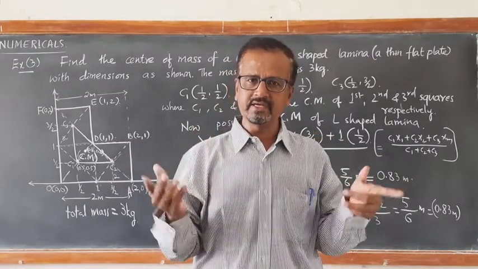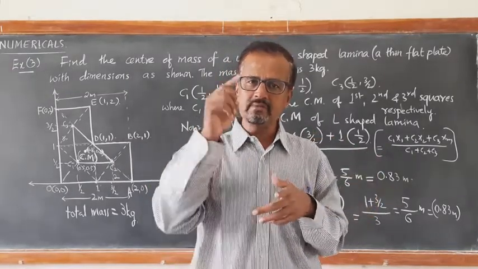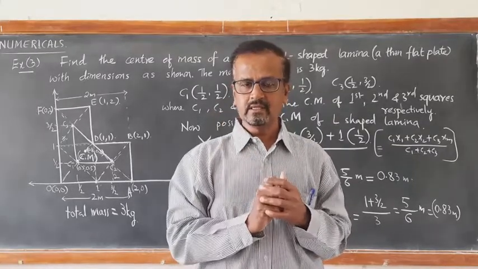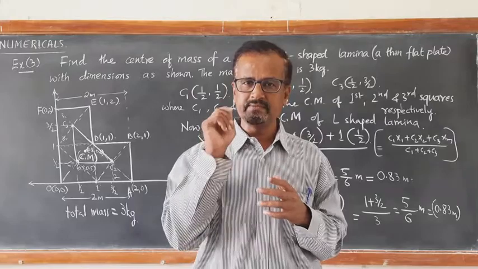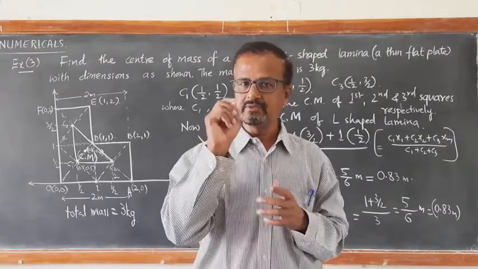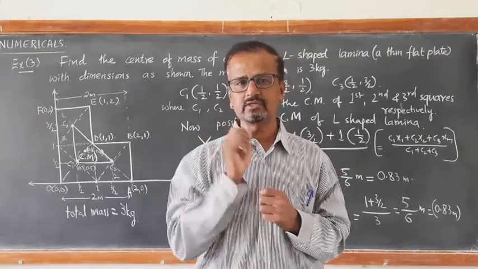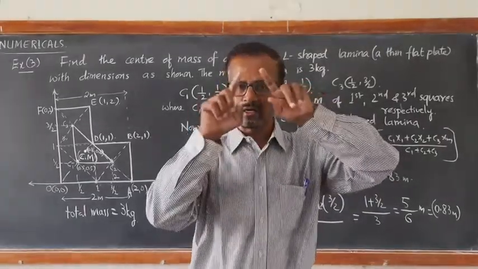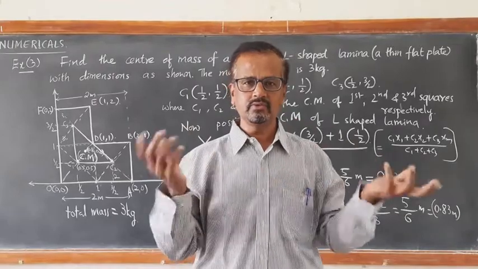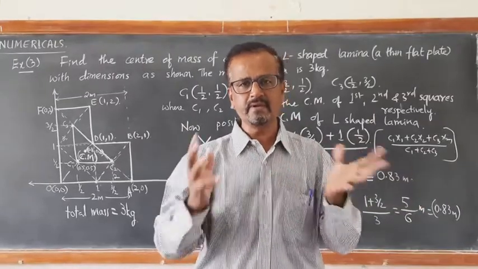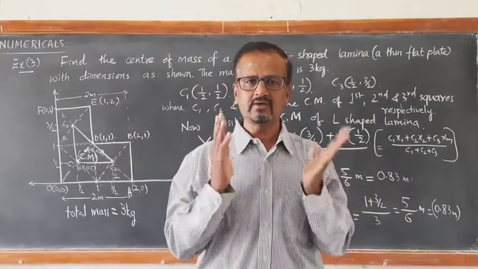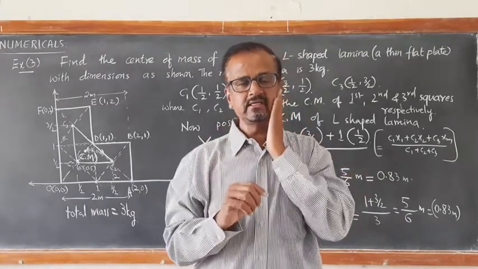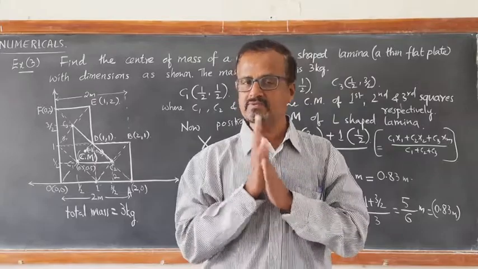Take a triangle of any shape and join the medians. Join the medians from the vertices. The point of coincidence of the medians gives you the centroid. So exactly at that centroid, you can balance that triangular lamina. So if it is a regularly shaped lamina, if it is triangular, rectangular or a square, the geometrical center gives us the position of center of mass.